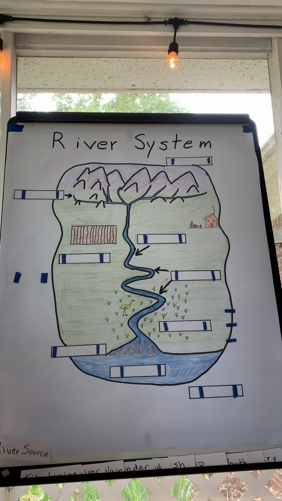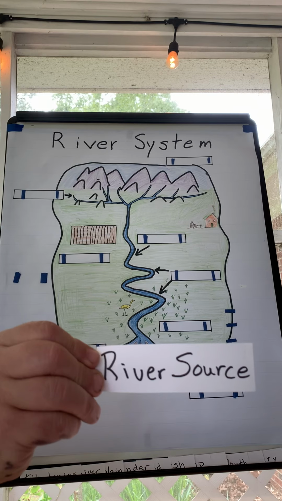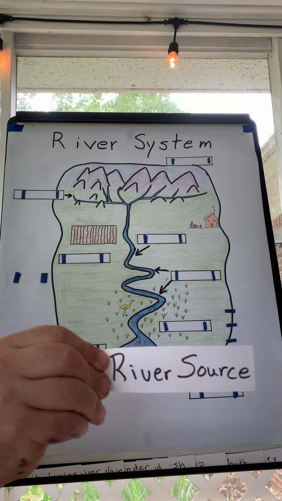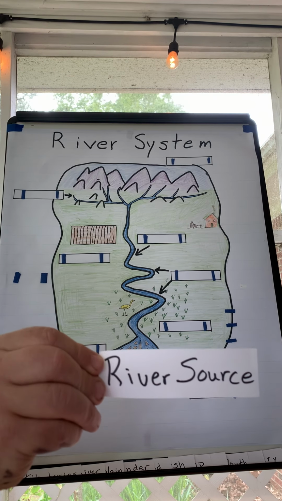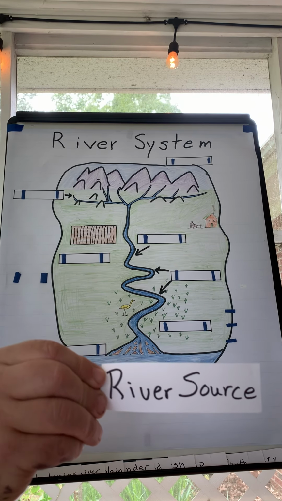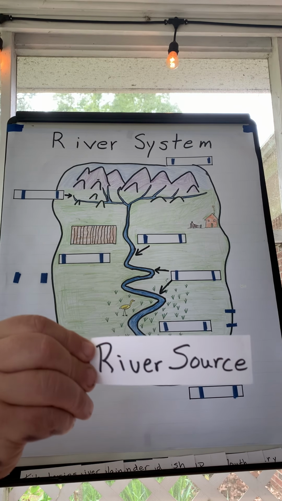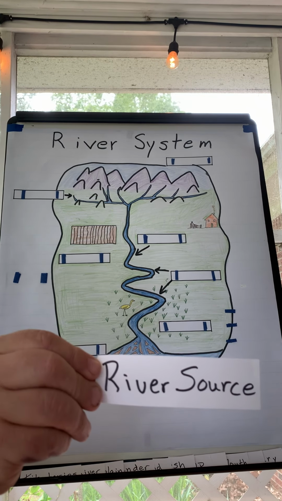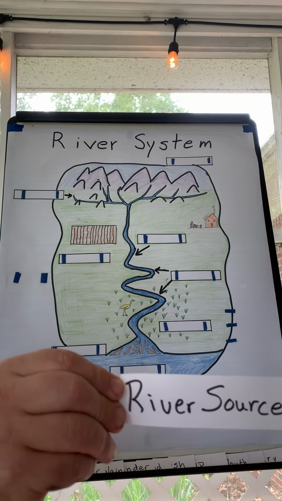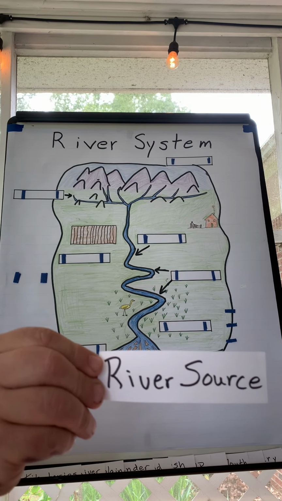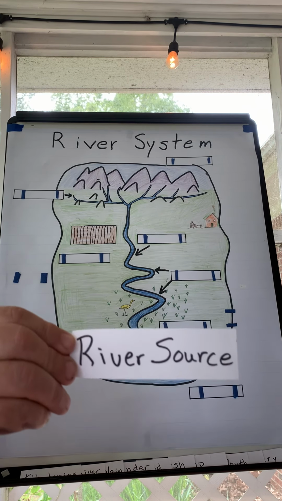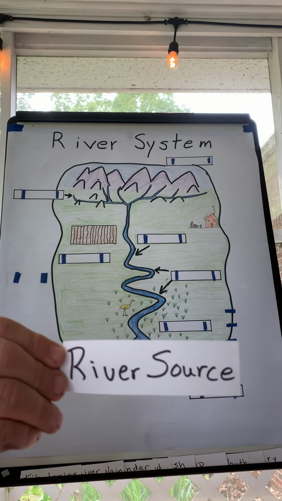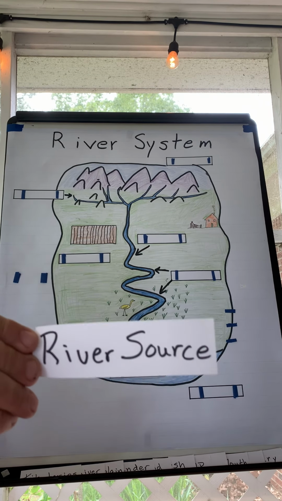Okay, so the river system has to have a place to start, and it's going to start at what we refer to as the river source. Now, the river source for the Chesapeake Bay, for most of the rivers there, are going to start in the mountains in the western part of Virginia. Now, in these mountains, the water is going to bubble up from underneath, or it's going to be pouring down from the rains as it comes over the mountain. It's going to start there. That's why it's called the river source. Now, water is going to come into the river from all kinds of places, but this is where the rivers get their start.